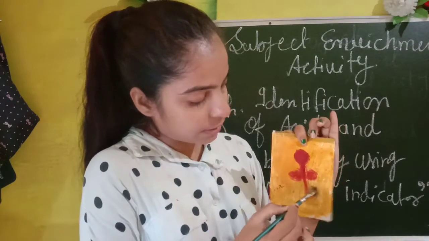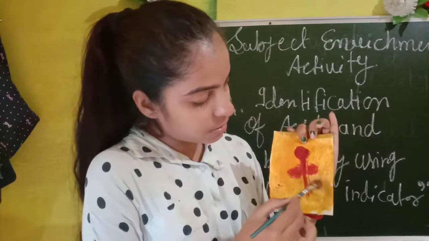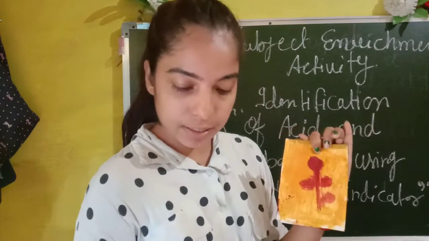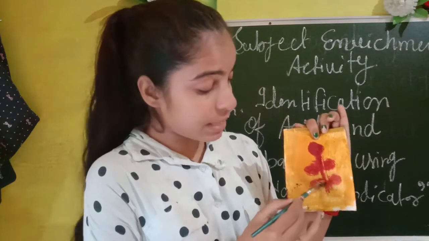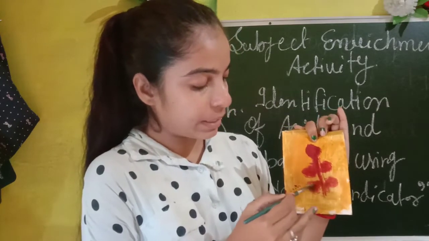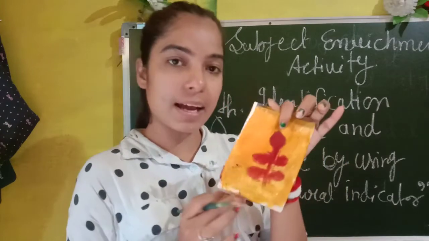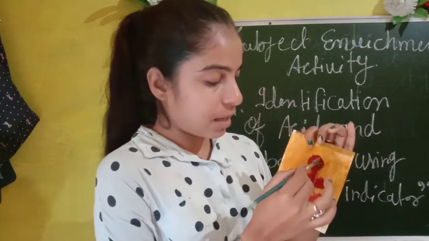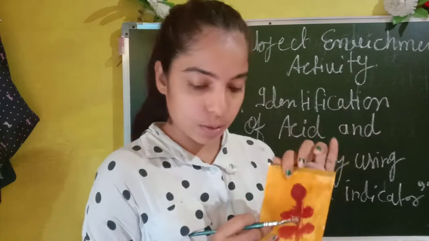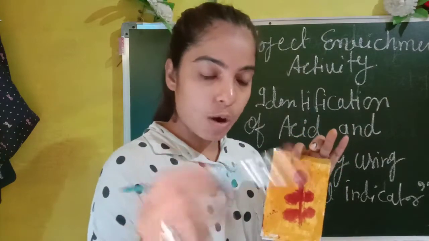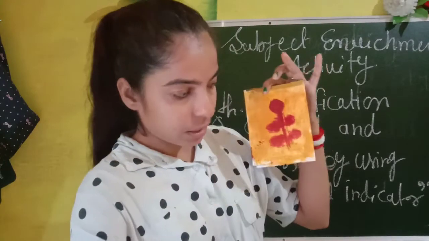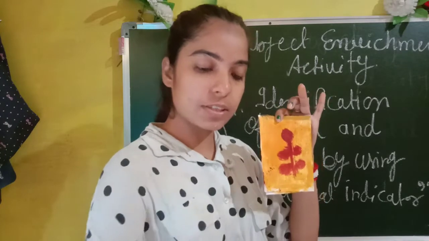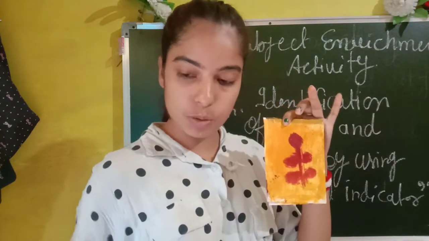this is your activity, the second step of your activity procedure. You can make any beautiful design on your yellow paper, the turmeric pasted paper, as I have made here. Any simple design, you can make any design. Okay. Now then again you wash this brush. So firstly you show all your procedure. Then the observation and conclusion you have to tell at the last of the video.